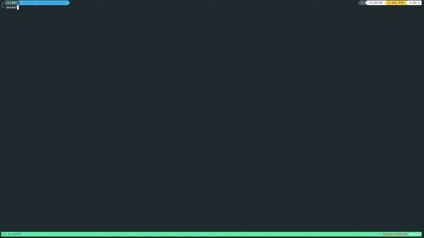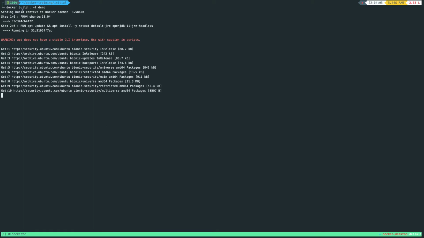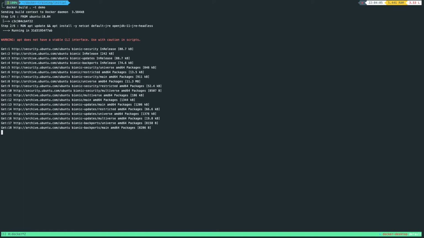and the command to build the Docker file is docker build dot, which means it will take all the files from the context, or the current folder, and tag it. With -t, I just say demo, and I can just say latest always, but latest is default, or I can say 1.0.0, but I'll just keep it simple and make it latest. So if you see here, each step is created as a layer.